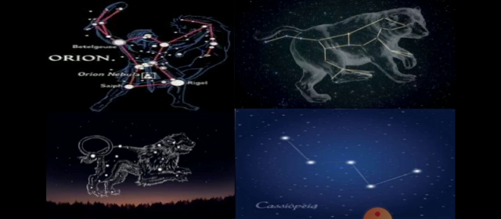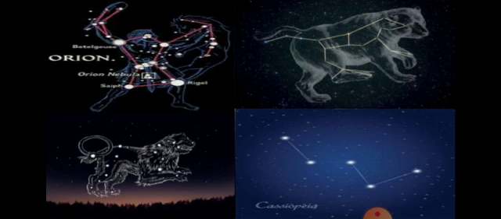The next is Cassiopeia. Now we are going to know about the Cassiopeia constellation. Cassiopeia is another prominent constellation in the northern sky. This constellation consists of 5 main stars, which are arranged to form the shape of a distorted W or M, depending upon the position of the constellation in the sky.